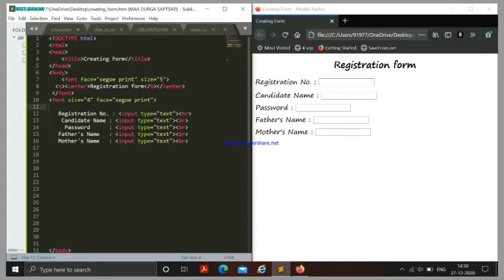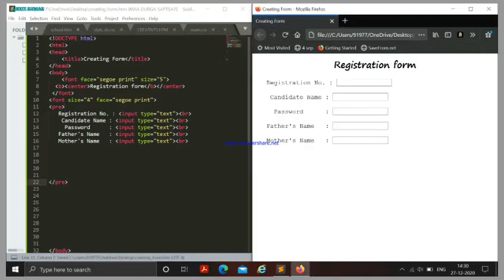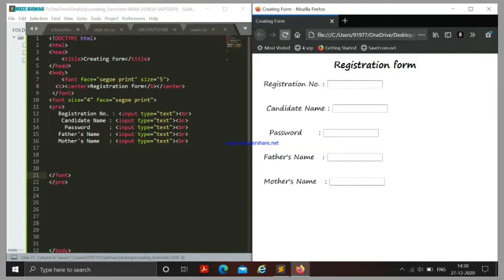But you can see every line is not in proper alignment, so we have put a pre tag so that every line is in proper alignment. And we have closed the font tag.